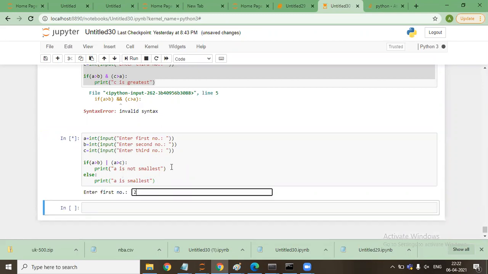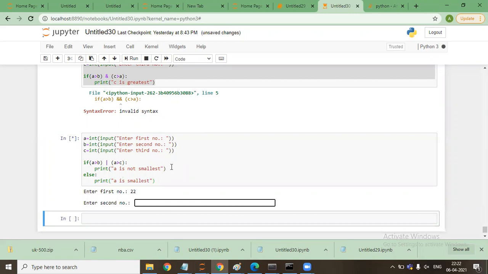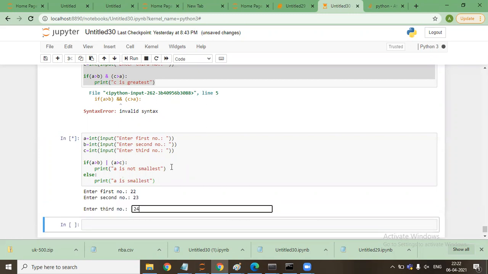Say 22, 23, 24. Say the smallest. You can again specify elif, elif, elif. You can keep on specifying it. The purpose is just to explain what OR is and how it is used in an if statement.